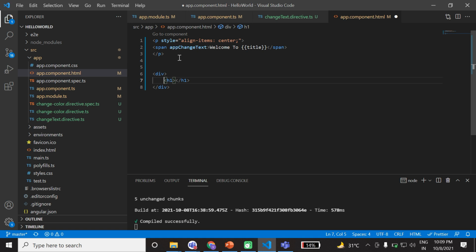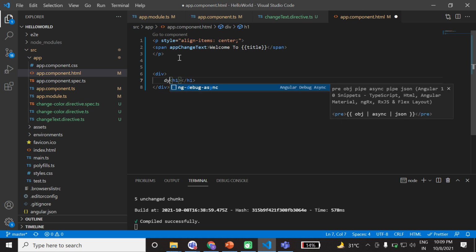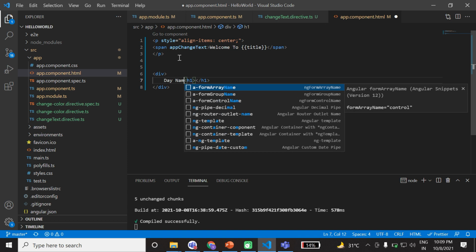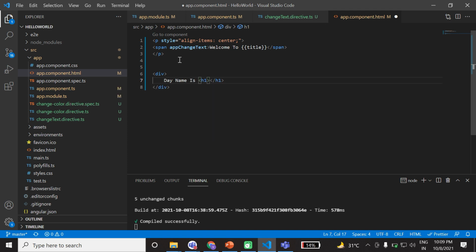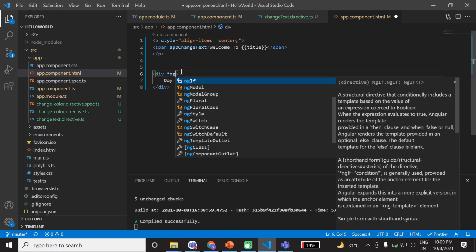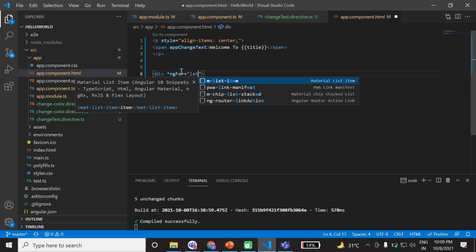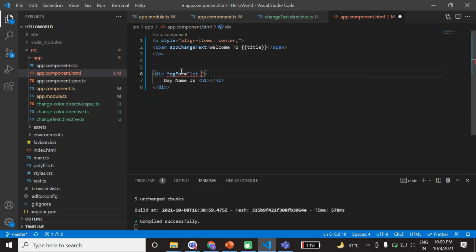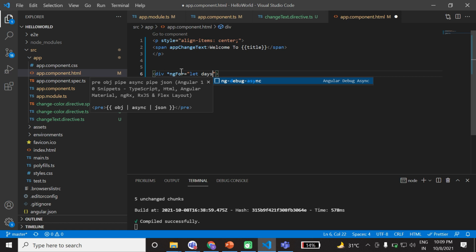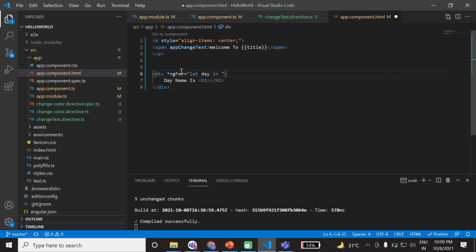Here, the day name is, and here you use asterisk ngFor, and use let as the variable, day in weekdays. It works like a for each, and it is also called a structural directive.